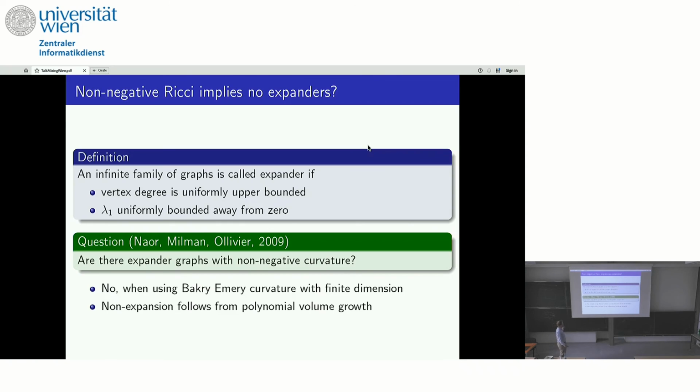One more remark is that if you could prove polynomial volume growth of the graph, you would get it immediately, but the polynomial volume growth of non-negatively curved graphs is still a very open question, at least in the Ollivier curvature setting. You have to make some additional assumptions like uniform weights, otherwise you can take a biased birth-death chain and don't have a chance. But still I expect very strongly that in some nice setting where you have just a combinatorial graph, you should have polynomial volume growth in case of non-negative curvature.